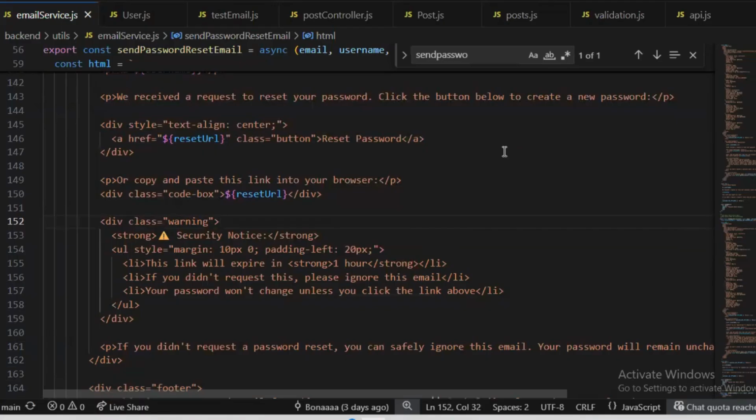And after we acknowledge the architecture of the email services that we built in the back end, in the end, we need to do some testing.